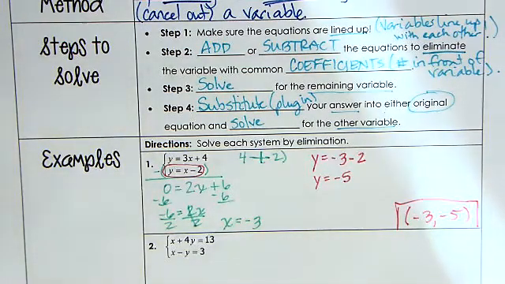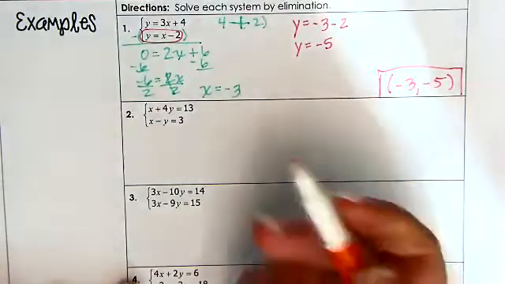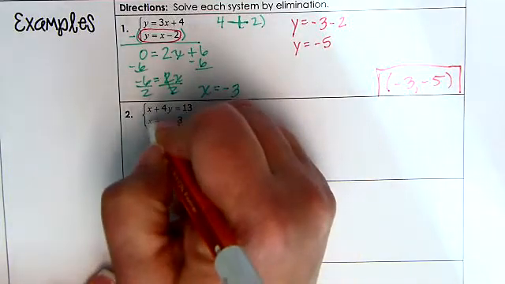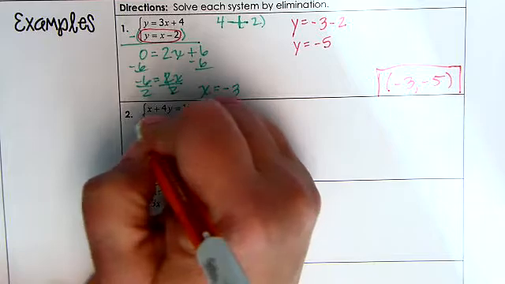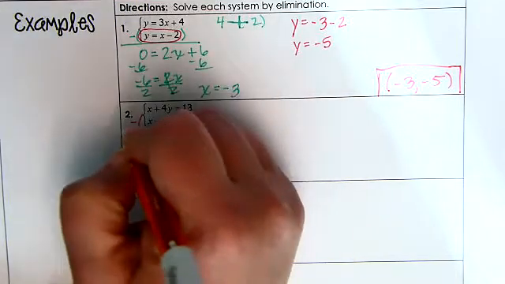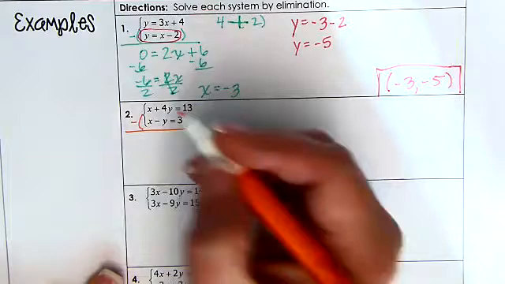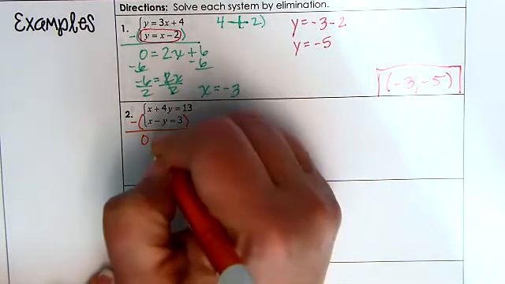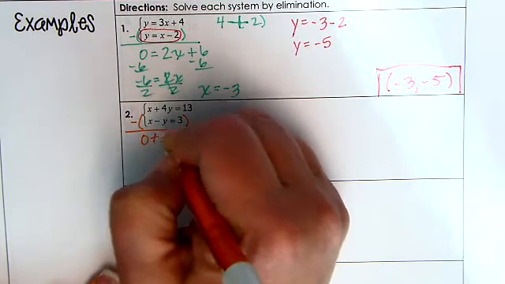Okay, here we go. Moving right along. A lot of times we're subtracting with these. And I'm going to kind of blow through some of these really quickly so we can see how this works. All right. So number 2, remember you can pause to slow it down. So again, now I'm going to eliminate the x's. The two x's have the same coefficient of 1. So I'm going to subtract these, and they're both positive, so I'm going to subtract. If one was negative, then I would add these. So we have 0, 4 minus, so that's going to be plus 5y